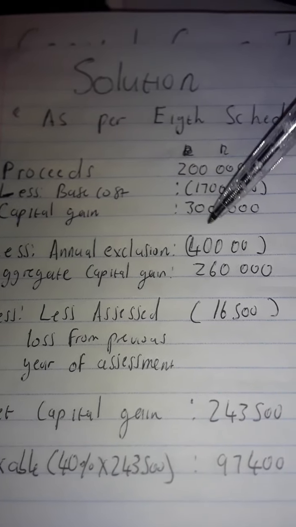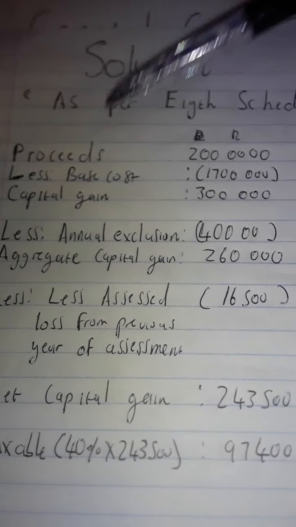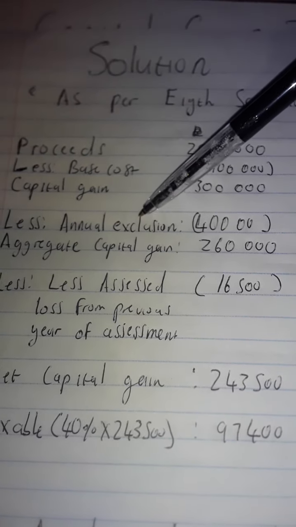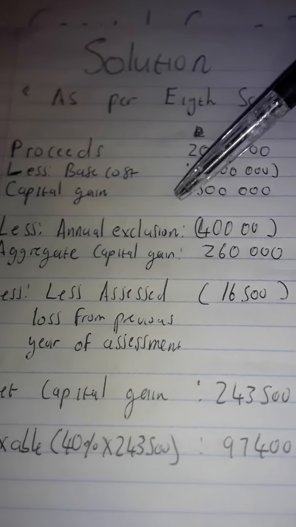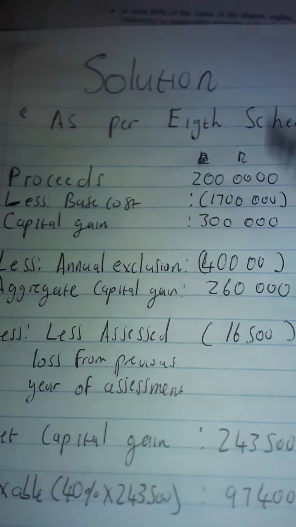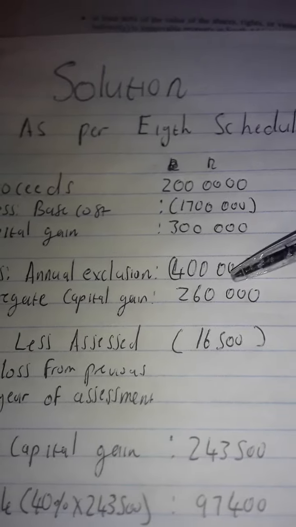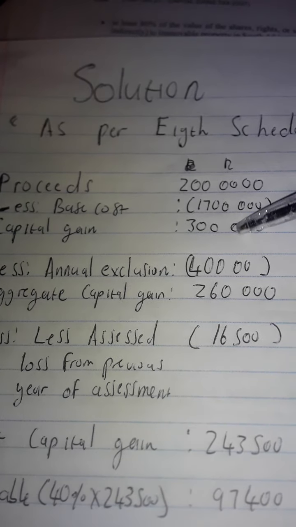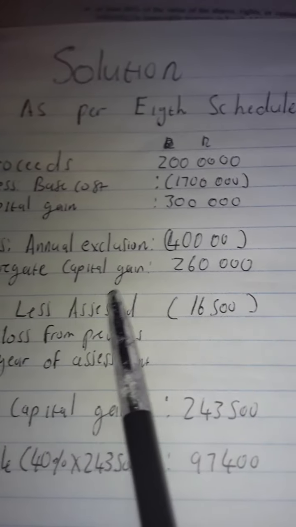Now, since we've gotten our capital gain, we have to reduce it by something called an annual exclusion. This only applies to natural persons as defined by the Income Tax Act, or special trusts and the like, but now we are limiting this to natural persons. The current amount is 40,000. So you're going to reduce your capital gain by 40,000, which in turn will give us our aggregate capital gain, which is